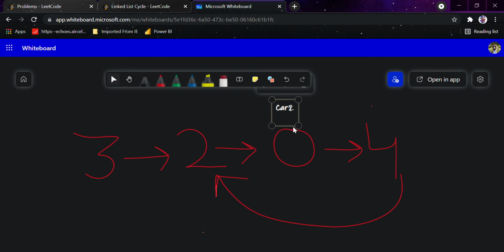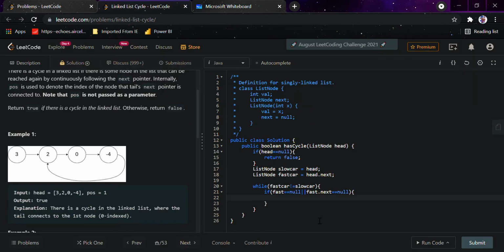Just see here, if there is a linked list cycle, how can car 2 reach the end? There is no null, because as soon as it reaches 4, it would again go to 2, then 0, then 4, then again to 2. It means there would be an endless cycle. So if it reaches null, then we are sure that there is no cycle.